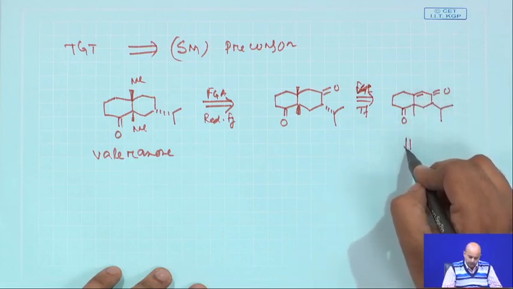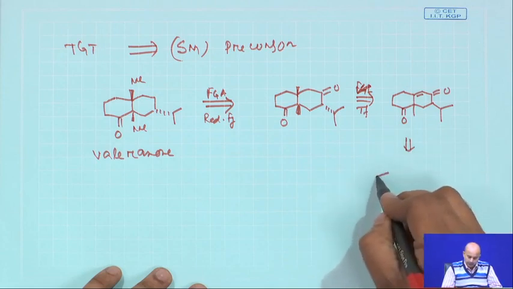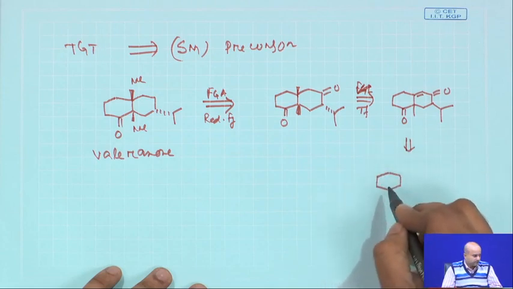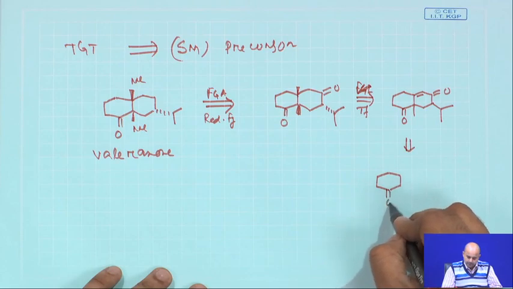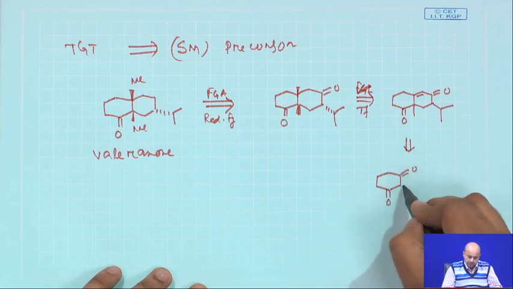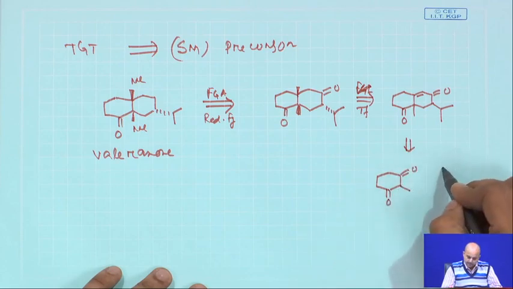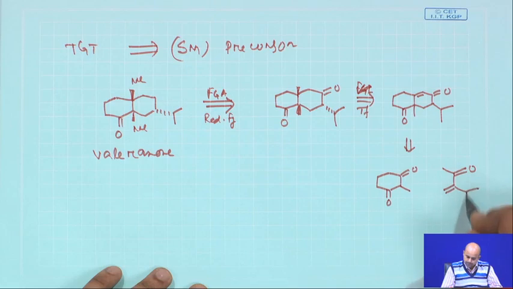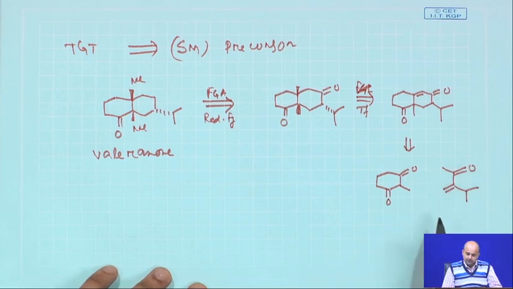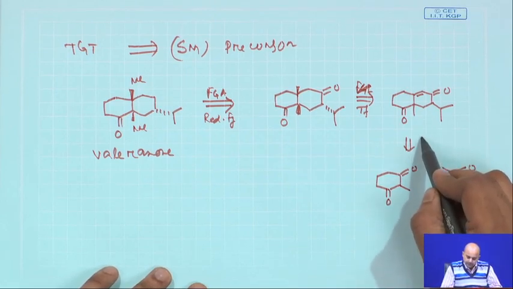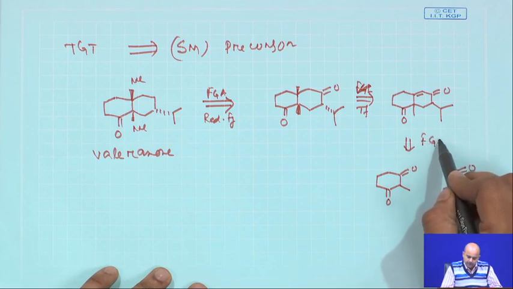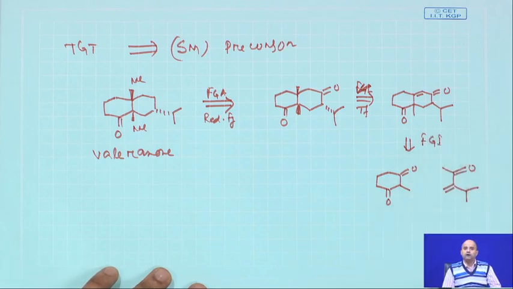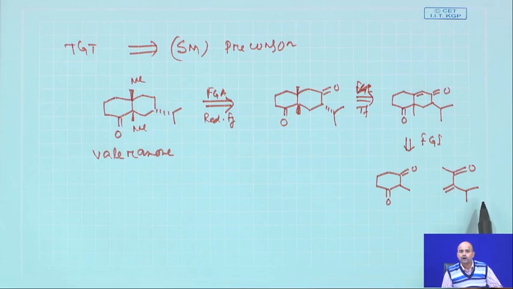Now, we will try to simplify it, and we are saying if you have this intermediate and a compound like this. Now, this retro is pretty interesting,